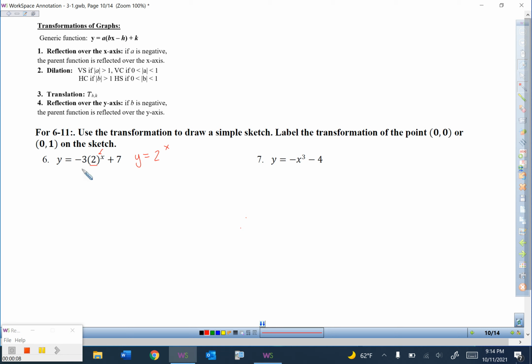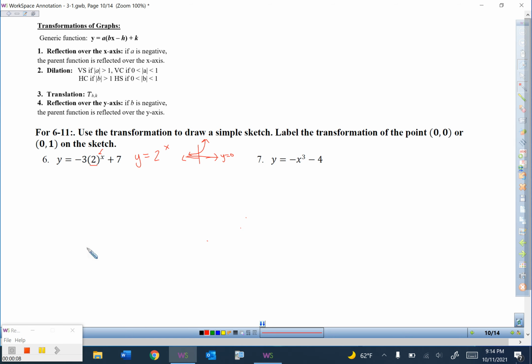Next thing I want you to do is do a sketch of whatever that looks like before any of the transformations happen. So this one here, 2 to the x, is growth. So start low, go high. And we have y equals 0 being the asymptote for this exponential. What we're going to do is take this and adjust it based on the different